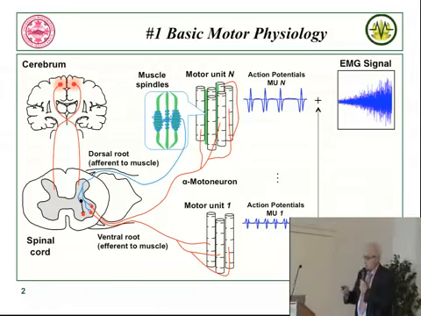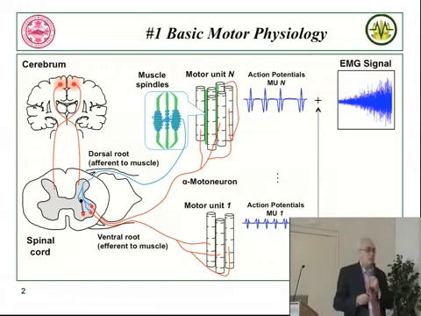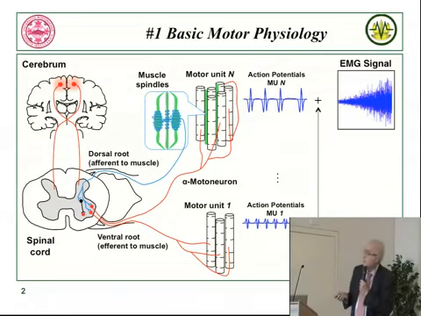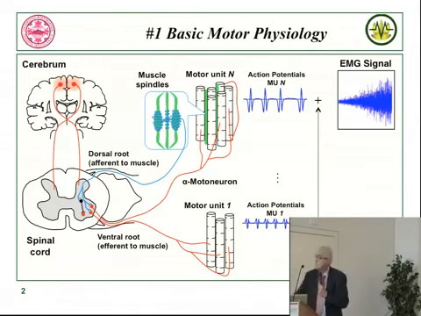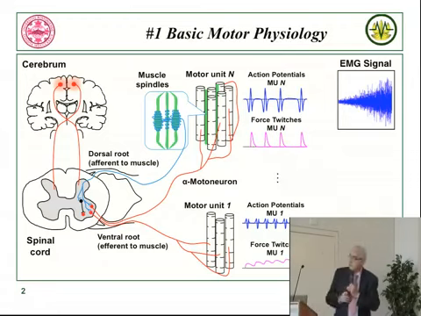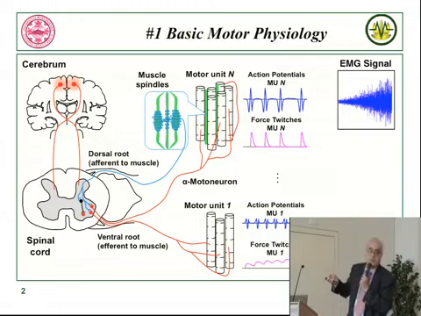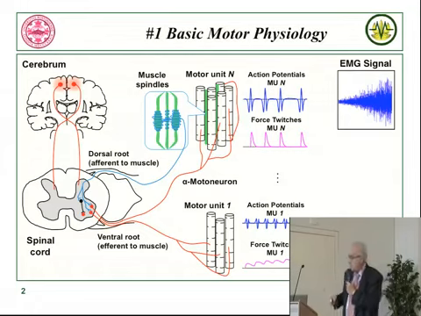Good. Now, what of course a muscle is designed to do is not to generate an electrical signal. A muscle is designed to generate a force. And what we really would like to have done here is to look at this pink stuff. That is, every time this twitches or contracts, a force pulse is generated. That is known as a force twitch. It's just a pulse. And every time it fires, it goes bang, bang, bang. And the smaller ones, which are the earlier ones to be recruited, fire faster. We'll see that, and they tend to superimpose. This is what produces force